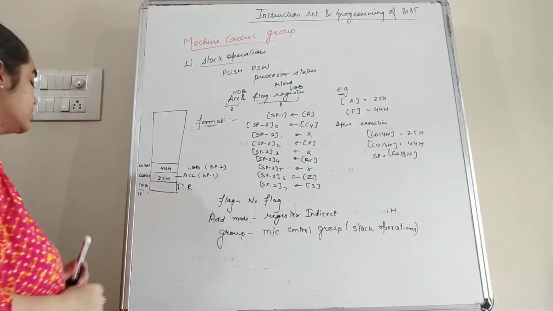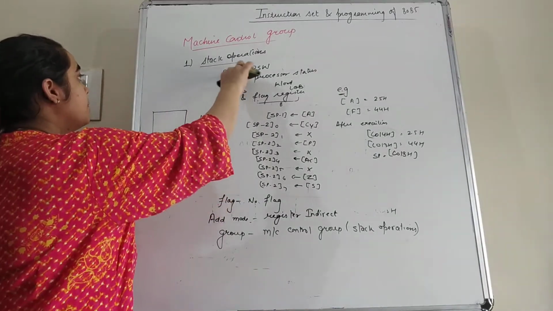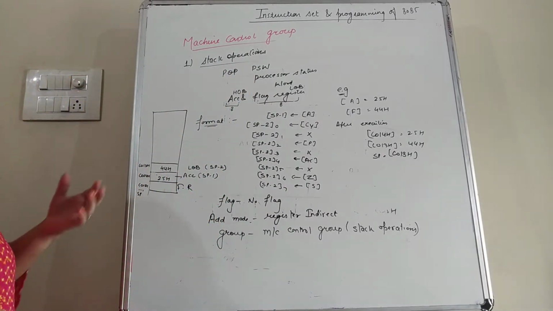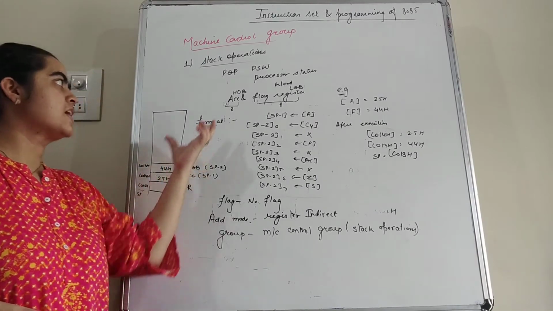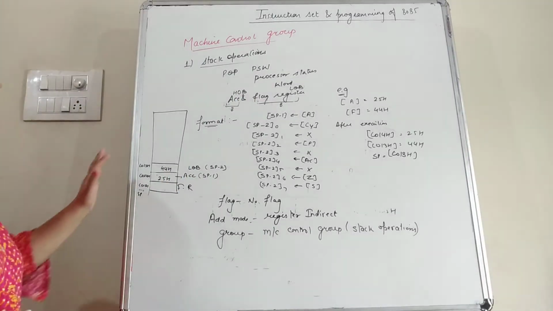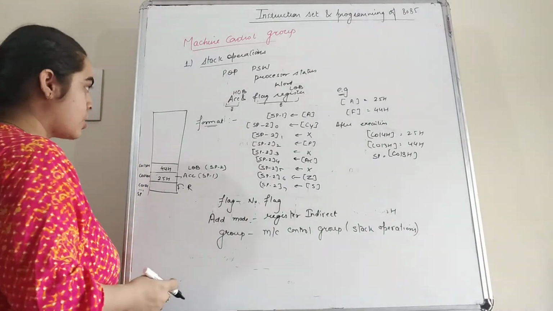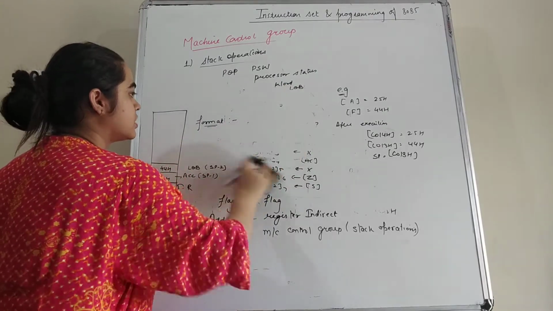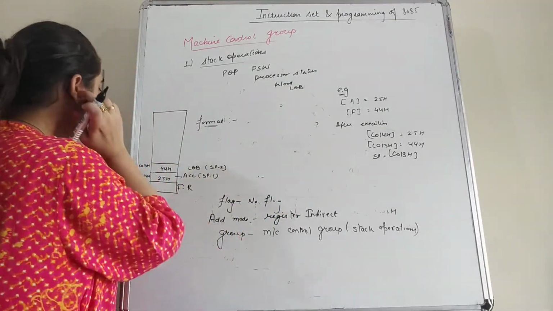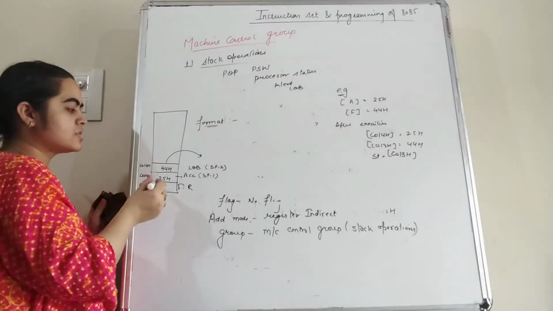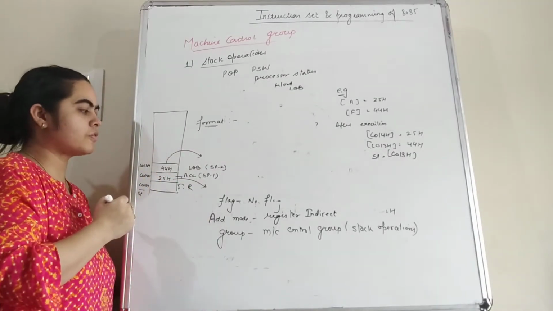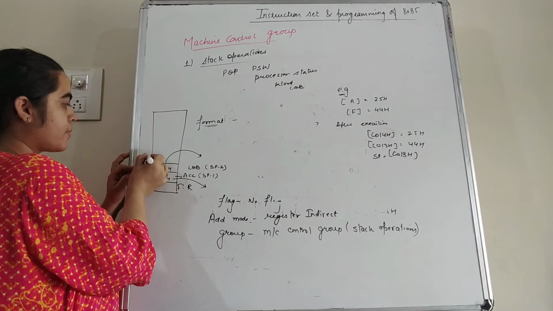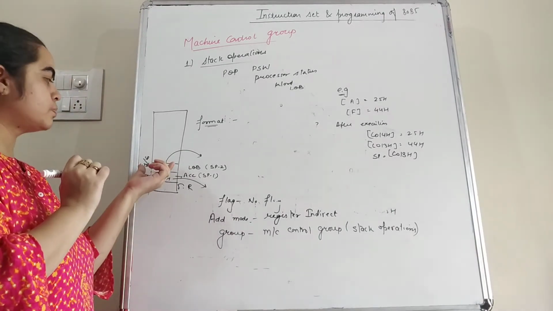So students, the next instruction we have is POP PSW. This means we have to pop the contents of the accumulator as well as the flag register from the stack area. For this we can see the example here, the format of the instruction. When we pop, initially we pop the flag register's contents, then we pop the contents of the accumulator. The current location of the stack pointer is C013 after the push operation.